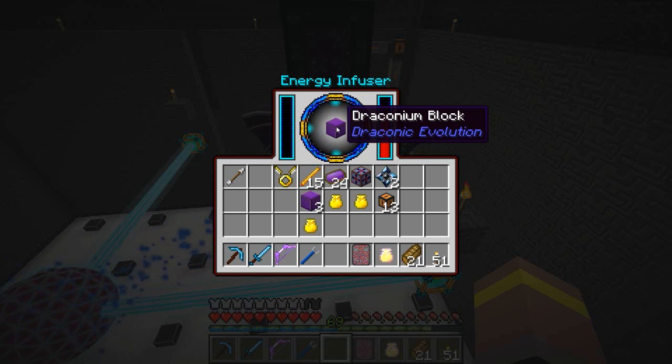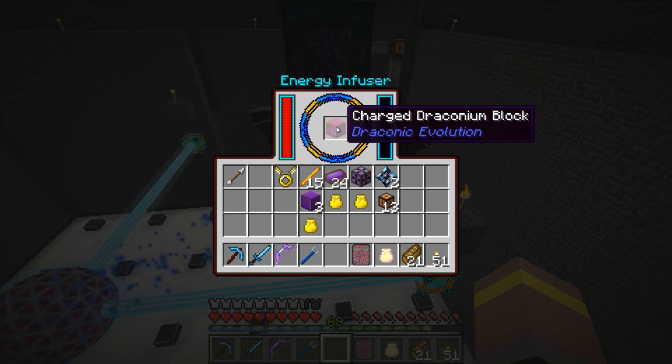And I think the only thing we used the charged block of draconium for is this. We might use it for the awakening of the dragon, because there is another one that we can do that will summon a dragon. And I believe we can do it in the overworld, but the dragon looks a little bit different and it's a little bit stronger. So we can do that if we want to get more hearts. Or we can go to the other...